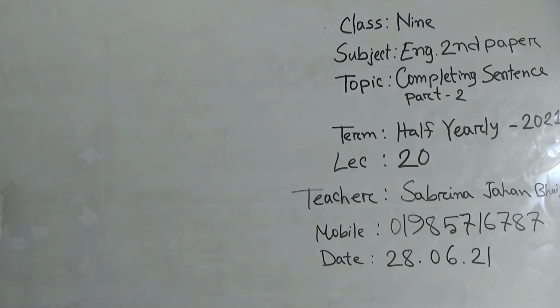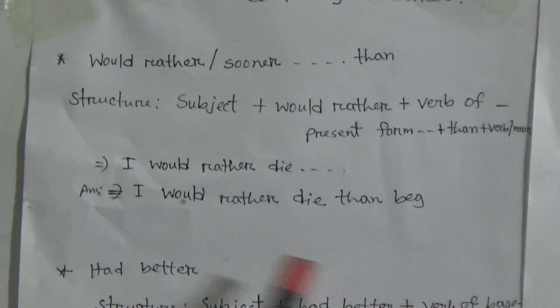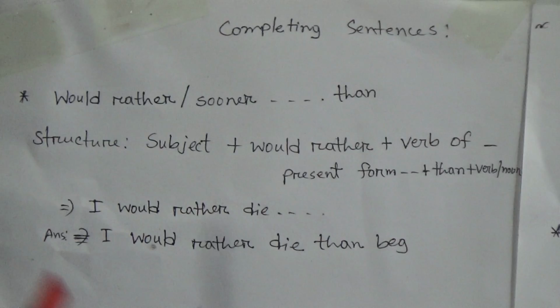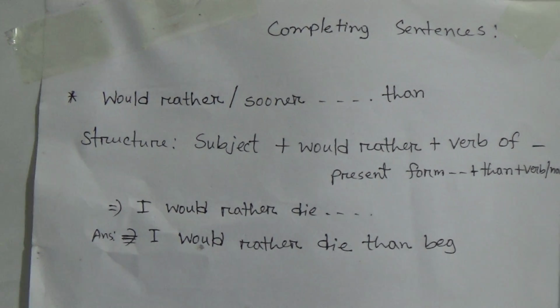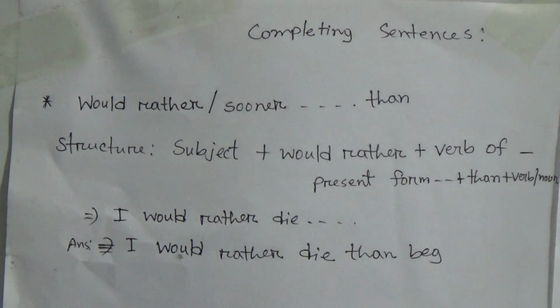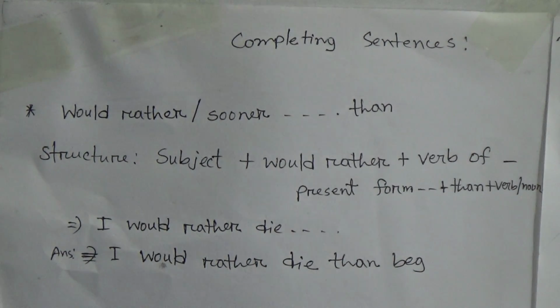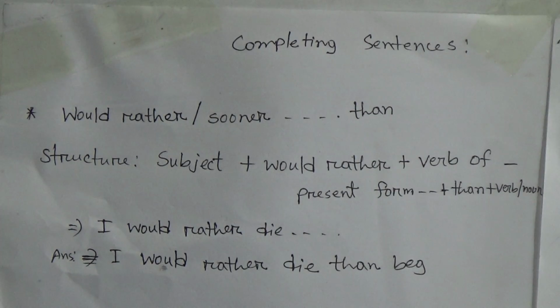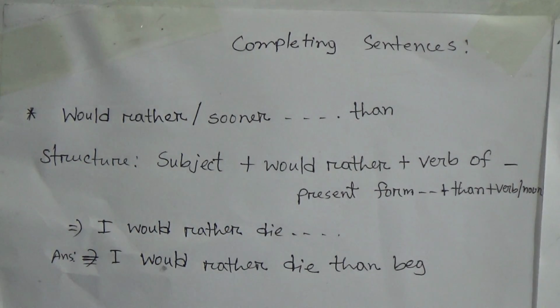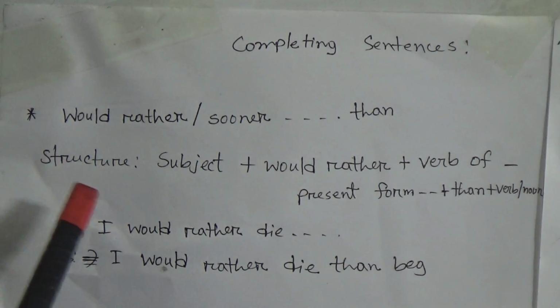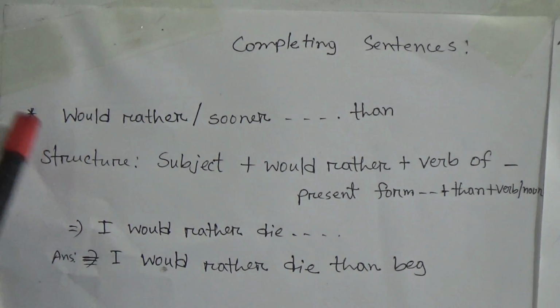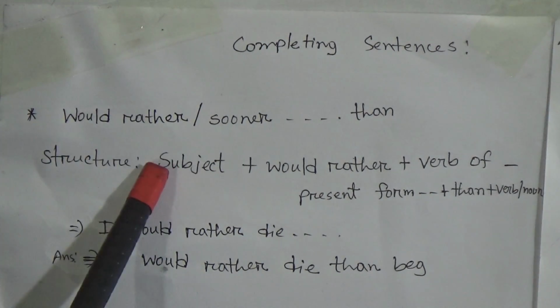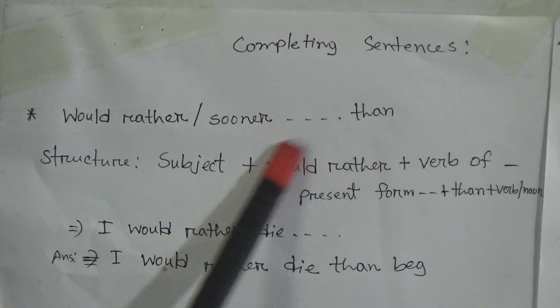So dear students, please follow the board. Completing sentence. Here I am going to discuss some rules, and you will get these rules from your book. You have to follow your Advanced Learners Communicative English Grammar book. There you will get more rules about this topic. Please follow the board. The rule is: would rather or sooner